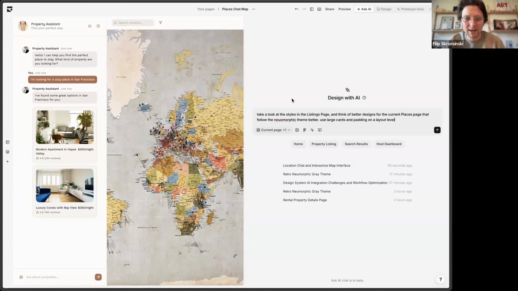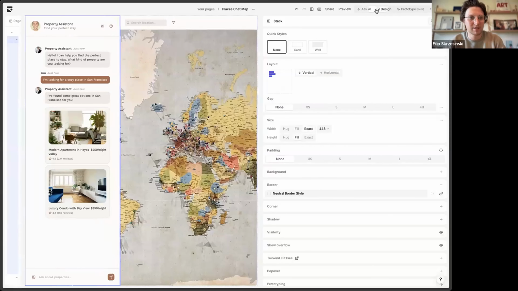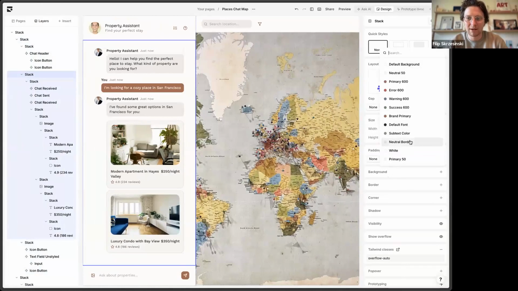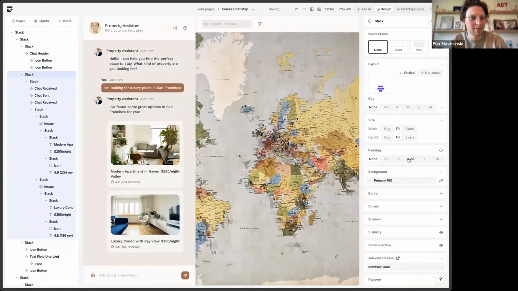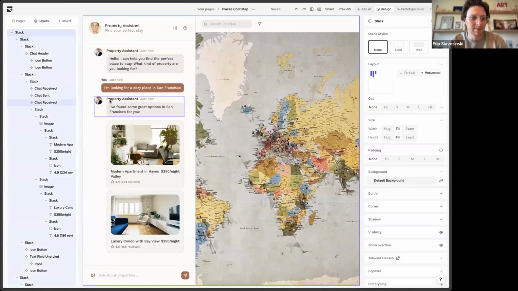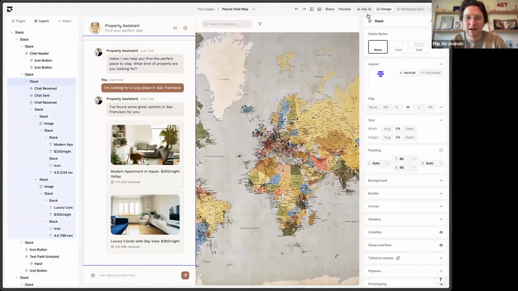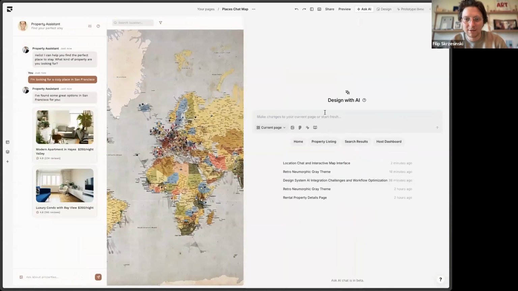So now we're getting into this kind of iterative step, right? Where I can go in and continue editing this design, right? That's what makes Subframe, we could go in and say, hey, this background should be primary 100. You could move things around. It looks like these components were created for me, which is great. Oh, did I lose my